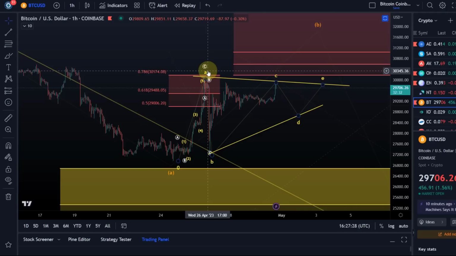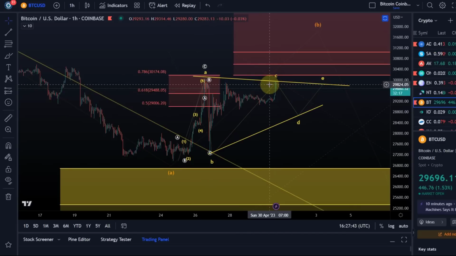But as I said, we need to be ready because it has been really a long time of sideways movement again, and we had 3 waves up, 3 waves down, 3 waves up, 3 waves down. This is also again a 3-wave move to the upside here. So again, we need to be on the side of caution. This can still break down. I'm not going to take off the triangle count. I simply explore at the moment an extension of the triangle, or, and that is if we break above 30,500,